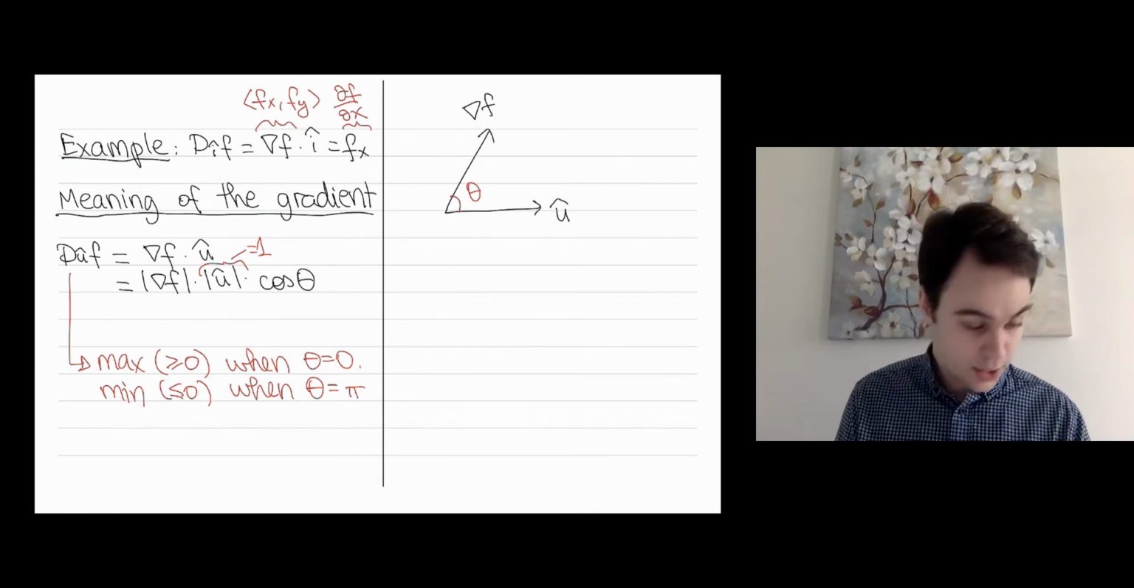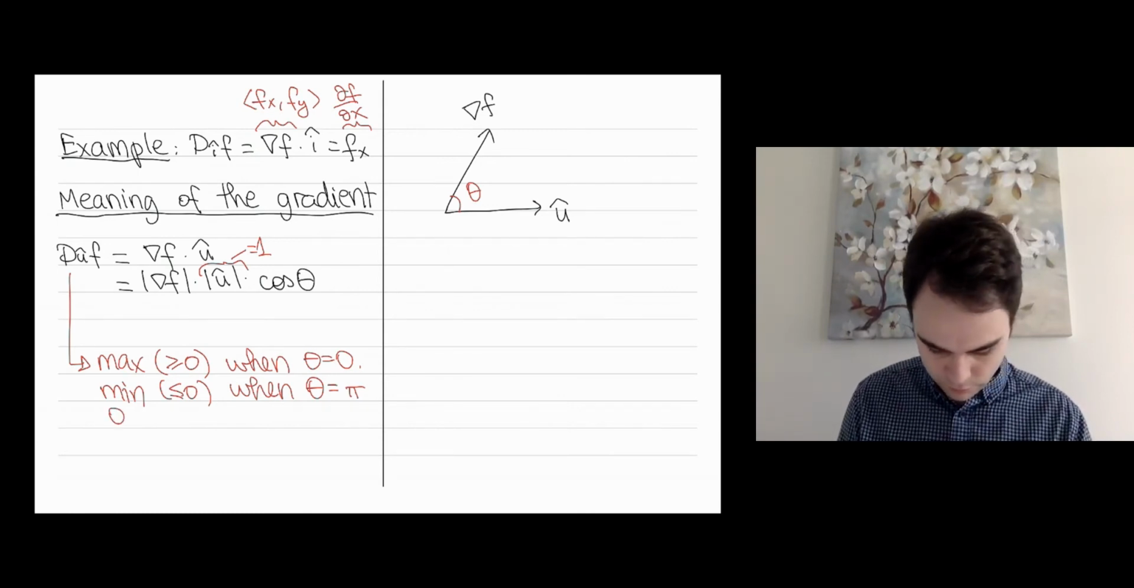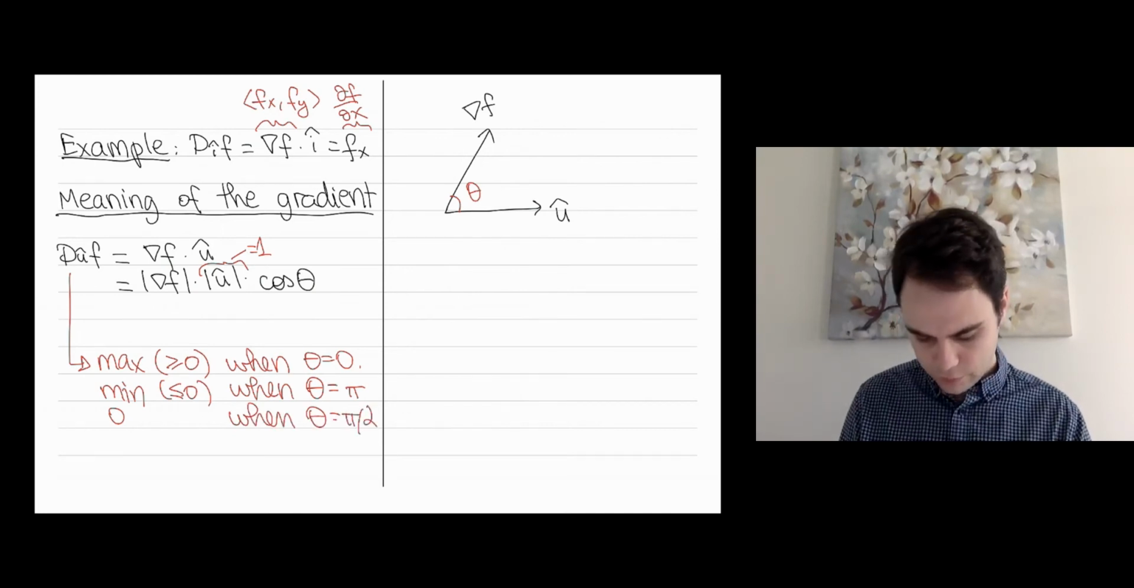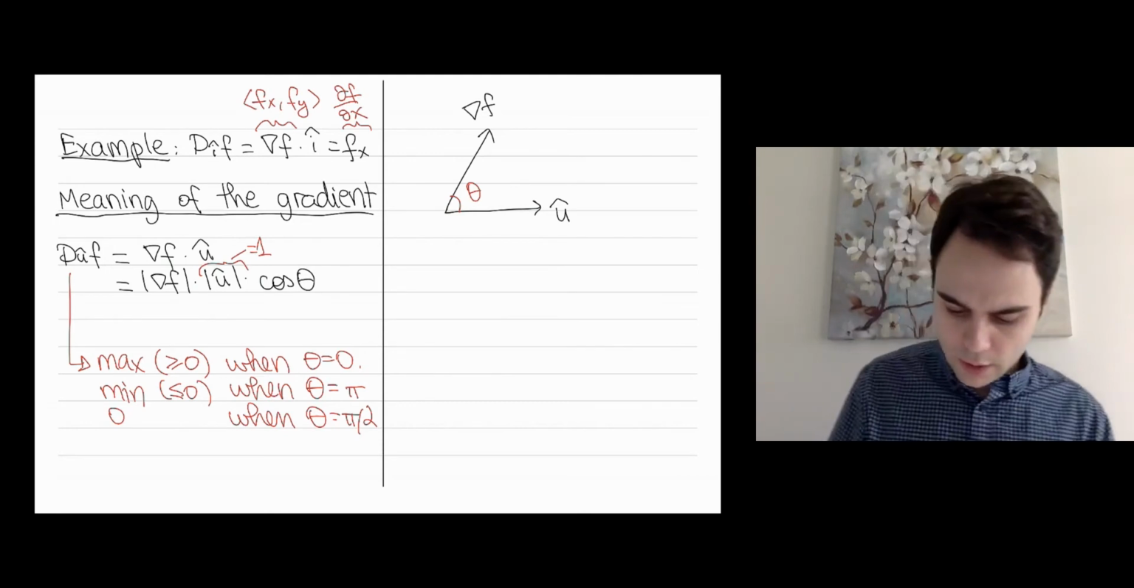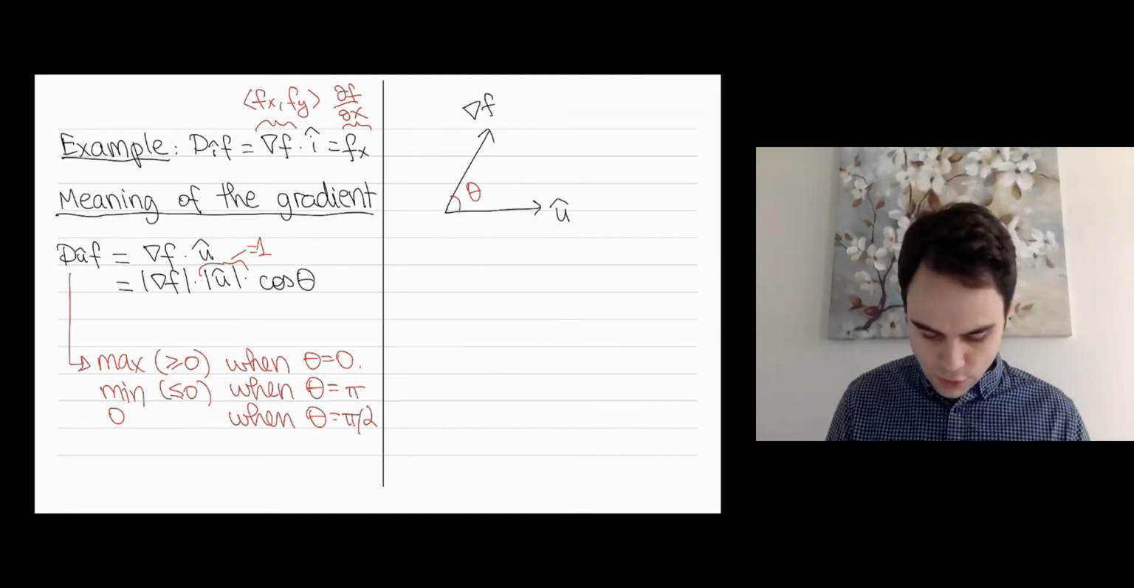And it's going to be 0 when theta is pi over 2. Okay, so you see